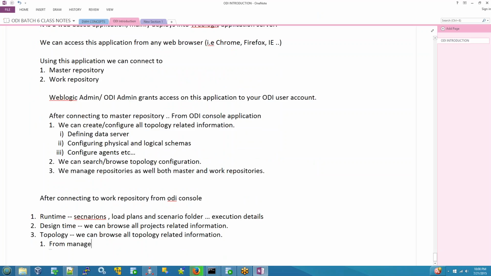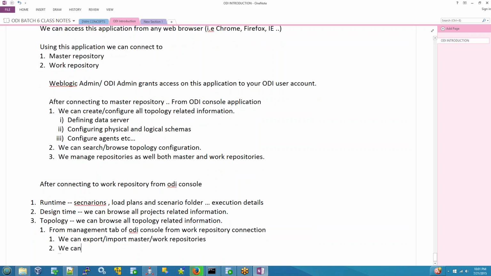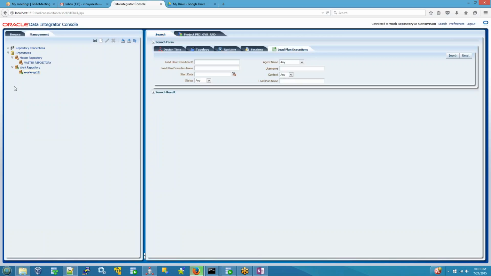from the management tab of ODI console, from work repository connection. Repository connection. So we can export, import master repository, master and work repository. We can export, import repositories. The second one is we can export and import topology information. See, these are the things we can do with the